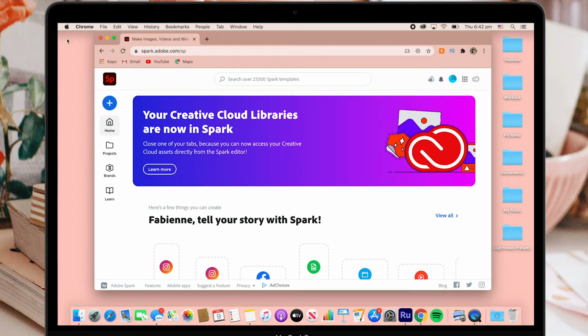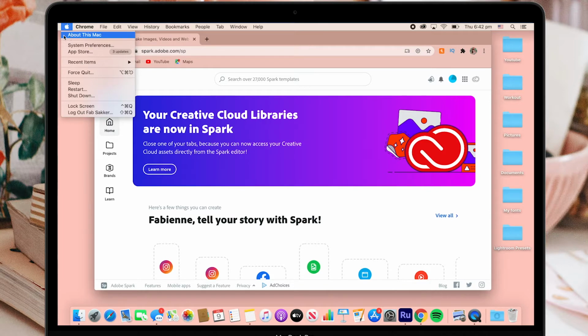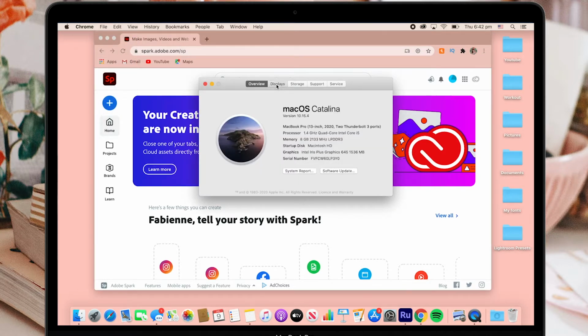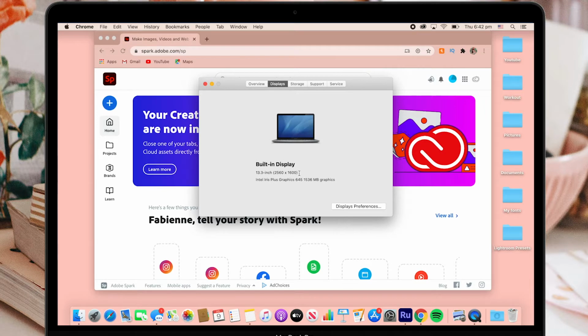So to make your own desktop wallpaper, the first thing we need to do is find out what the dimensions of your particular screen are, because you might not have this exact 2020 model of MacBook, and all the MacBook screens are ever so slightly different. So to find the dimensions of your particular screen, go up to the Apple icon in the very left-hand corner, then go to About This Mac, and then click Displays. And right here in the parentheses, it will show you what you need to make the dimensions of your MacBook